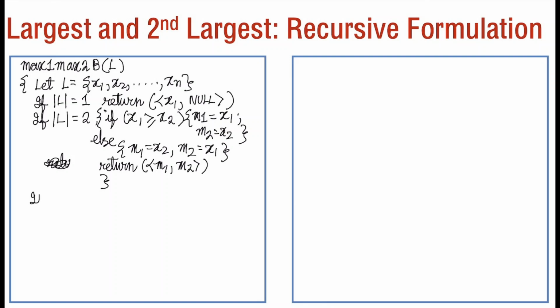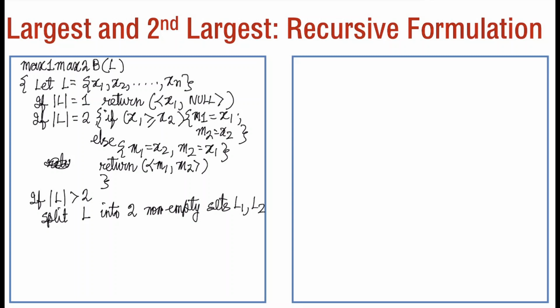So if the length of L is greater than 2, then we start our processes. So the first thing that we do is we split L into two non-empty sets L1, L2,